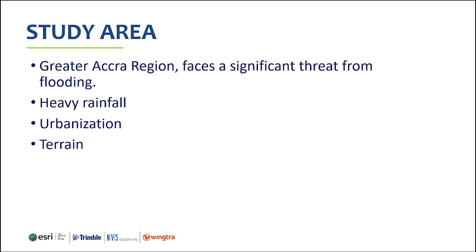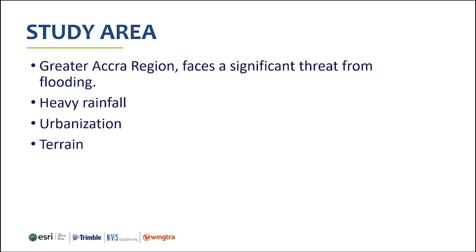The next reason is urbanization. Greater Accra is a highly urbanized space, which means that much of the natural landscape has been destroyed, paving way for grey infrastructure, and these grey infrastructures are rather impervious surfaces. So from the little environmental science we did back in our elementary or basic science, we know that